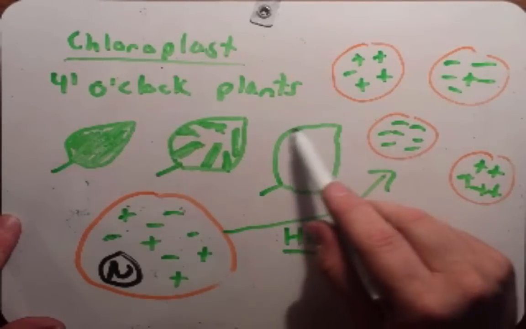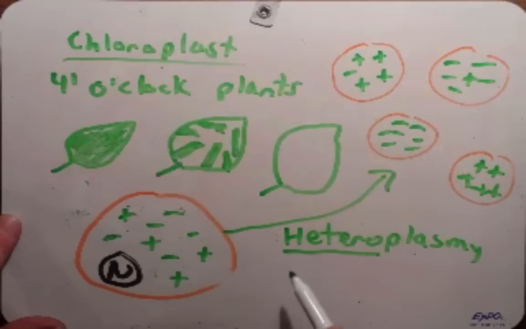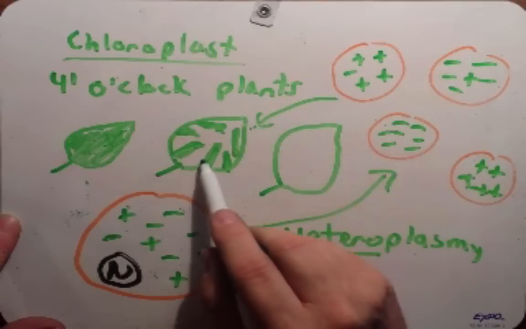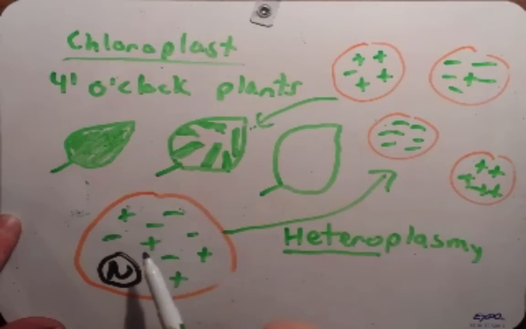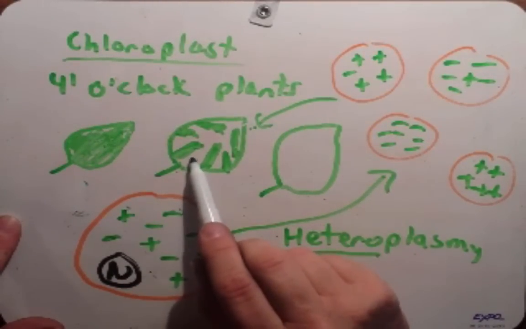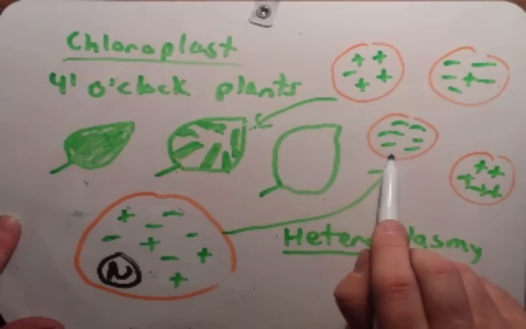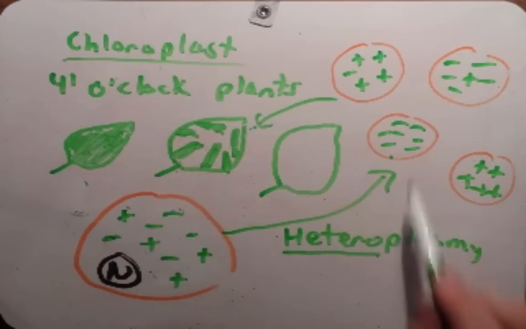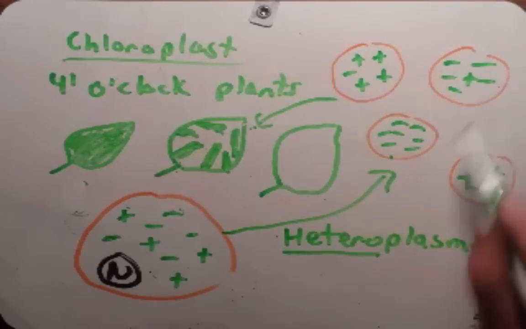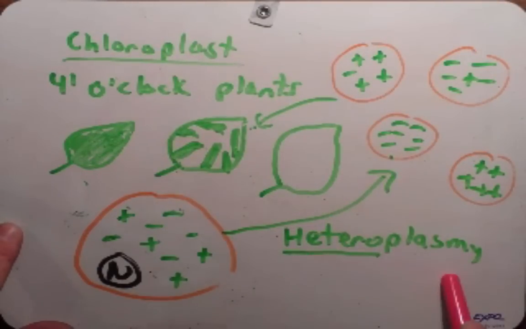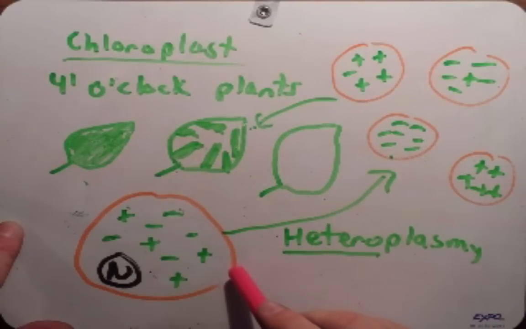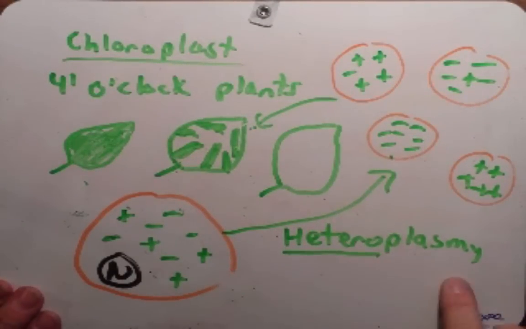And because of that, within the pattern of the leaf here, you're going to have areas that have a lot of chlorophyll, so a lot of green color. And you're going to have areas with no chlorophyll, perhaps this cell here. Though I didn't draw it here, you're going to have some regions that are lighter green, somewhere in between these two. That might come from this one or this one. So we get a different severity of the effect depending on how the genomes are arranged in the cells that are produced. So this is due to heteroplasmy.